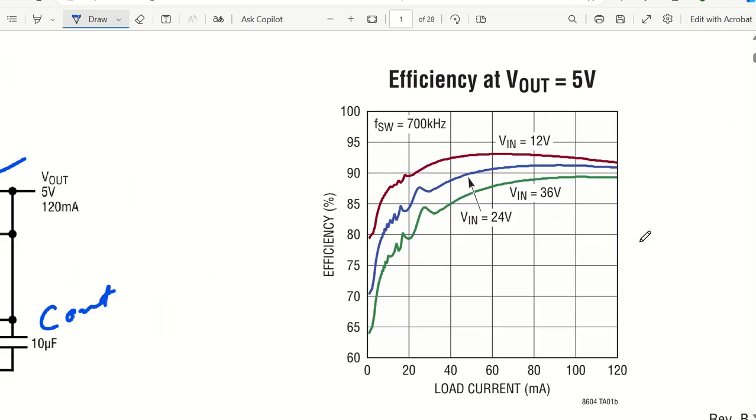And as I already mentioned in the beginning itself, the efficiency of this particular IC. As you can see, for 12-volt input, my efficiency is reaching more than 90%. Similar to that, it depends on the load current. The load current is reaching up to 120 milliampere, and we are still maintaining more than 90% efficiency with a 700 kilohertz of operation. Okay,